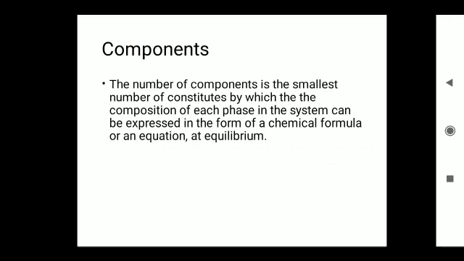Components can be indicated by C in the phase rule. The number of components is defined as the smallest number of constituents by which the composition of each phase in the system can be expressed in the form of a chemical formula or equation at equilibrium. It means that in an equation at equilibrium state, the number of components present in each state can be indicated. By observing some examples,